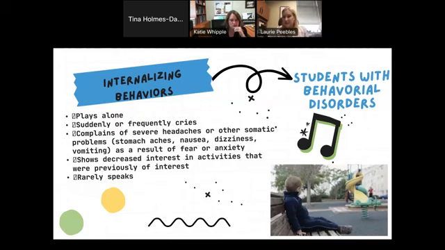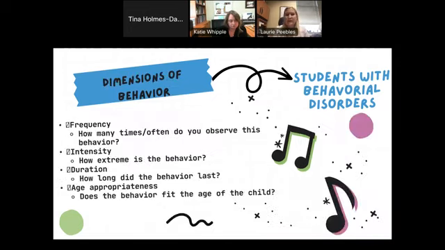Maybe there's sudden or frequent crying. You may see some anxiety signs, so complaining of severe headaches, stomach aches, nausea, feeling dizzy, feeling like they need to vomit. You could also see a decrease in interest in activities that were a previous interest, so depression symptoms, as well as, again, our quiet kids, our kids that rarely speak. So going back to this,